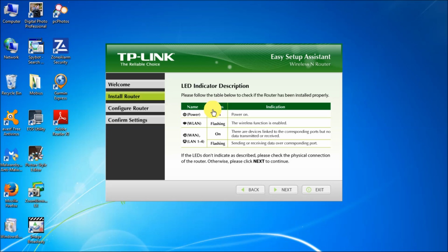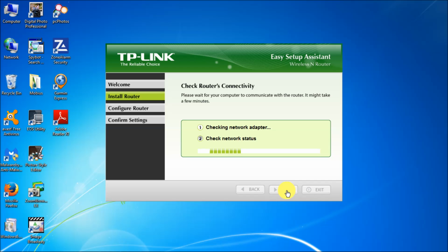And these are the lights you should see. You see the power on, you see WLAN flashing, you should see WAN on, and LAN 1 through 4 flashing. Depending on which, the only one of the LANs that's going to hook up or light up is the one that you've hooked up to your computer. So, basic, let's go to the next. If you don't have those, I would say power it on again or reset it. Next. So now it checks your router's connectivity,